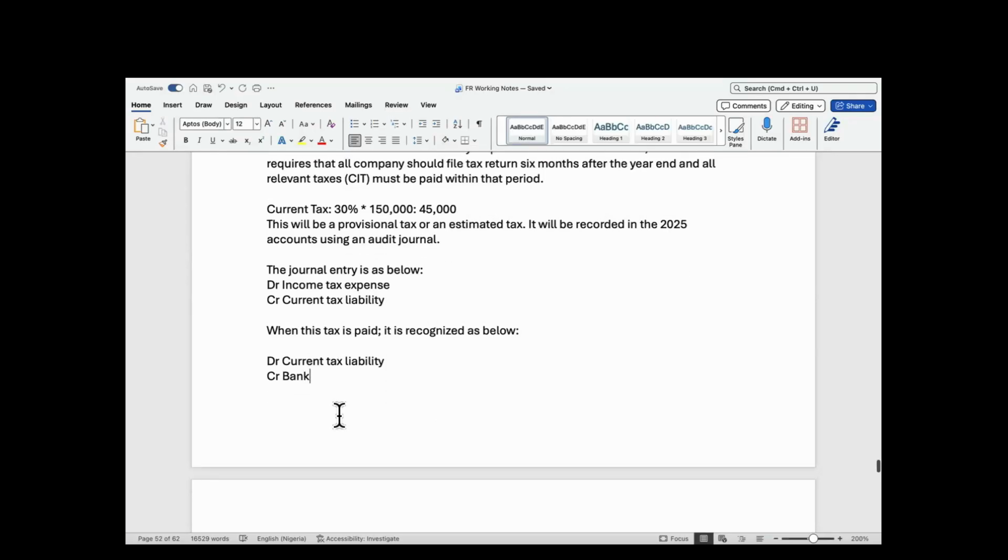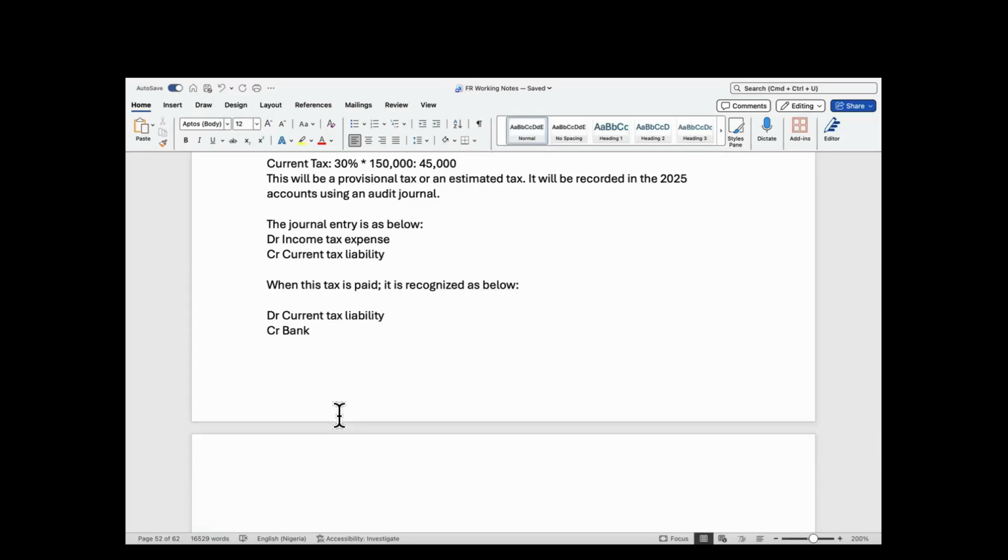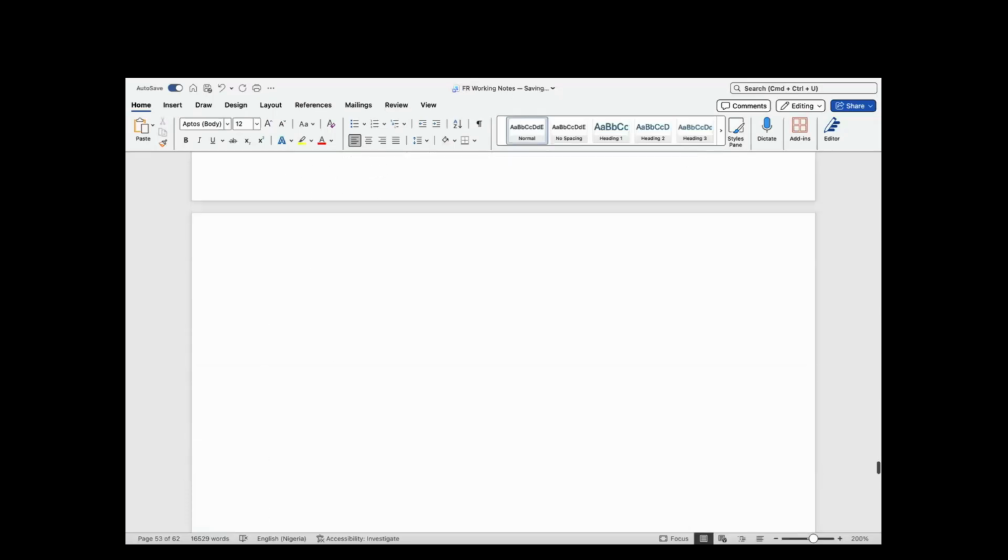And I told you that that is an estimated tax. Now, it should end here ordinarily. It should be over here. But the reality is this. Few months after filing and paying of the tax of 2025 financial year, which we call 2026 year of assessment,